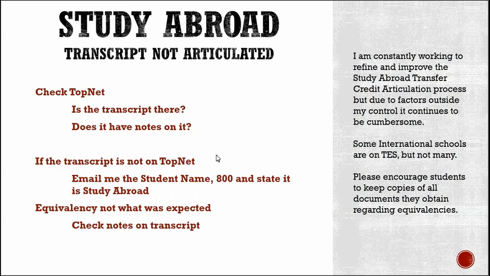Lots of times it's going to be the student saying, hey, I only got a transfer elective, but I was told by a department head that I would get a direct equivalency. Great. Where's the form? There is a form that would have been filled out, and I need that. More than likely, the note will tell you on the transcript, I'll say equivalency form not provided, meaning I was not given anything, so therefore I just give transfer electives